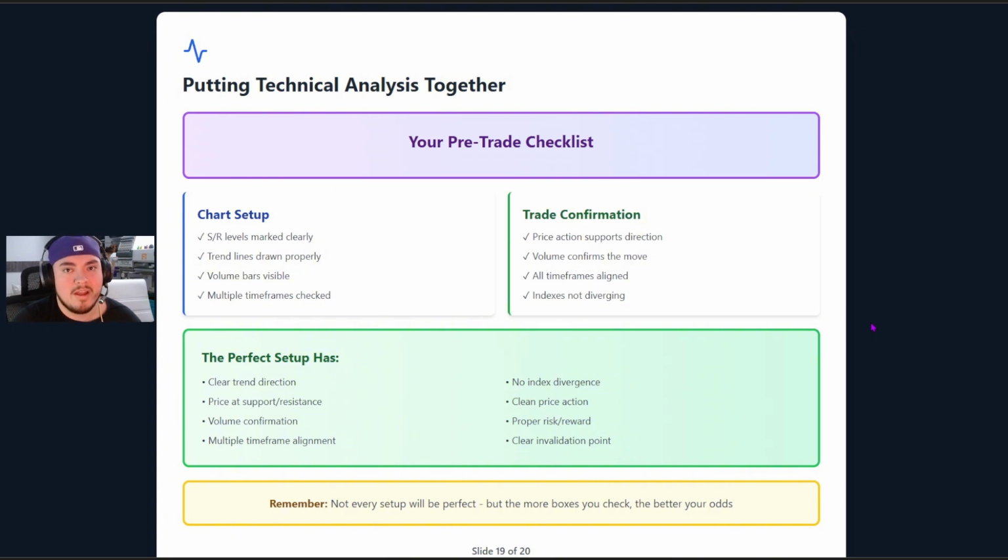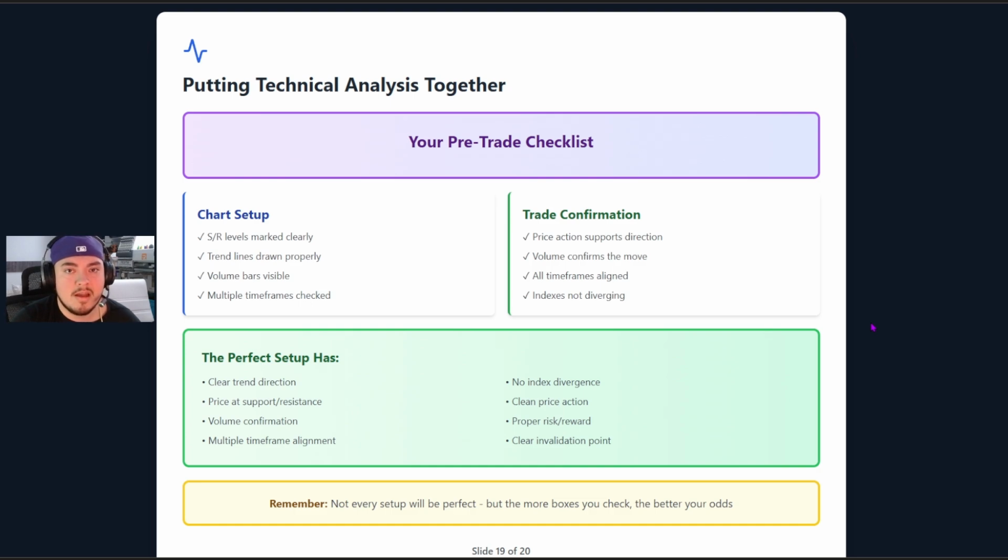Remember, guys, we are playing a game of probability. So if everything is telling us the same thing, if everything is giving us the green light, you are taking a high probable trade. That's what we're looking for here. We're looking for a more structured approach using technical analysis aligned with our indicators, right? Using both of these and using this checklist is going to give your trading more structure. You're going to feel like you have more confidence in